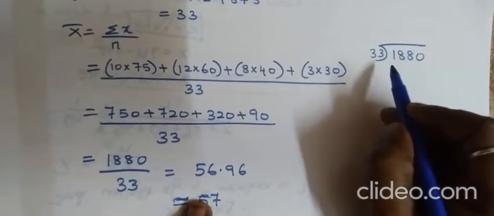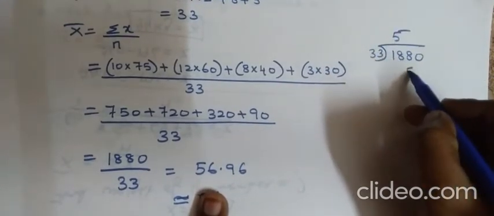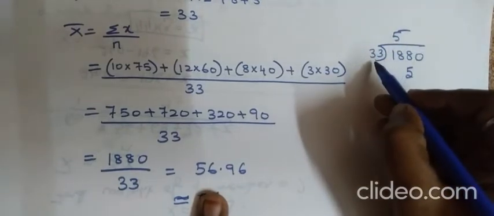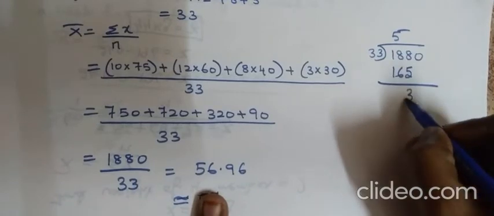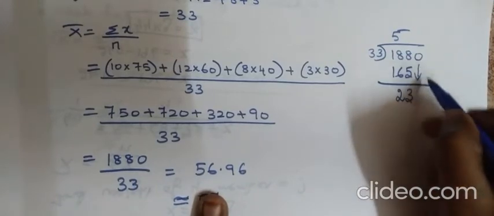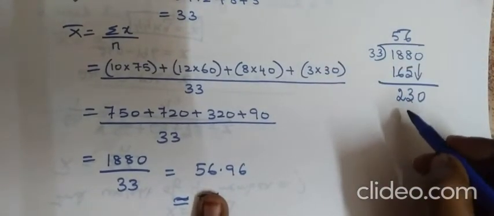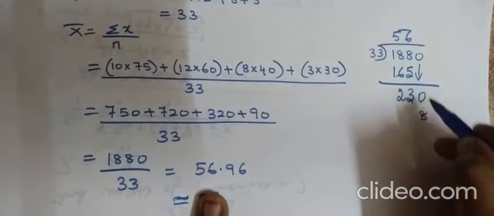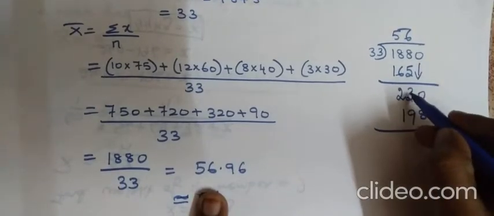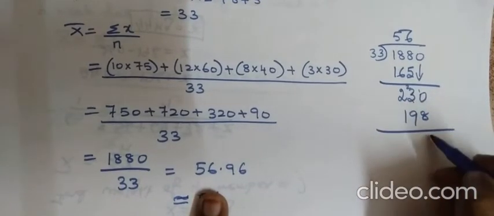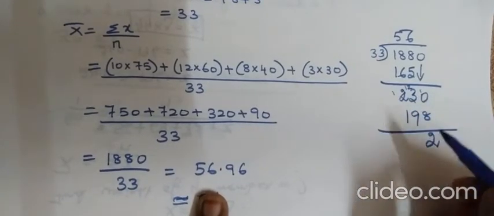So we will directly go with the sum. 33 5s are? 5 3s are 15. Carry over 1. Again 5 3s are 15 plus 1, 16. Subtracting 8 minus 5, we will be getting 3 and 2. So next 13 6s are? 3 6s are 18. Carry over 1. Again 3 6s are 18, 19 will be coming. So 3 becomes 2 and this becomes 10. So 2 9s will not go. So get the borrow. So 10, 11, 12, 30.